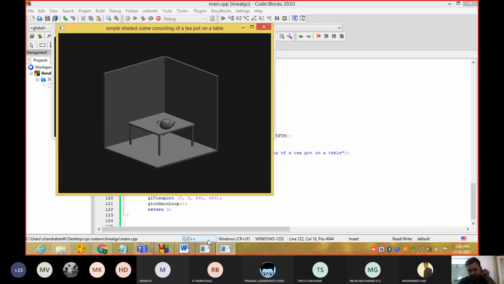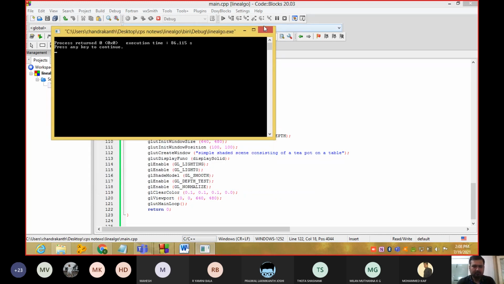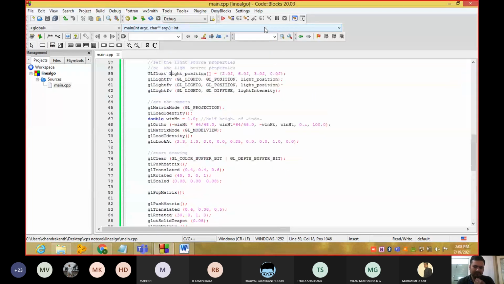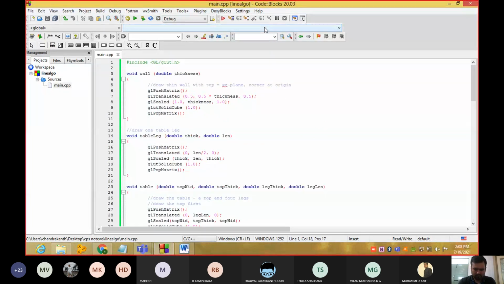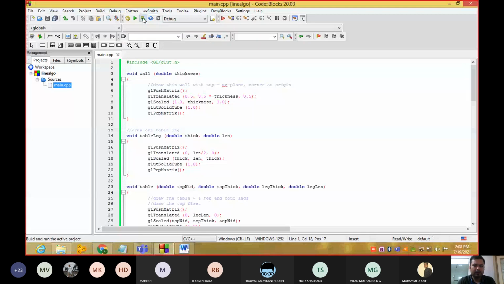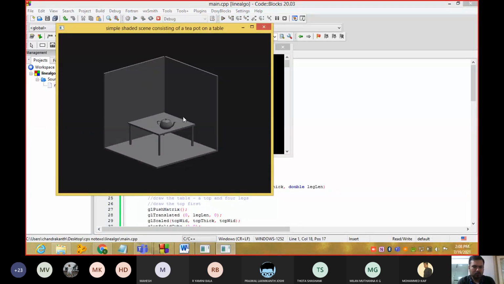We are supposed to build this one, so let us see what is the code for this one. See here, we are supposed to build 3 walls: wall 1, wall 2, wall 3.